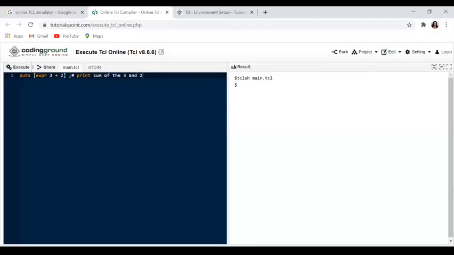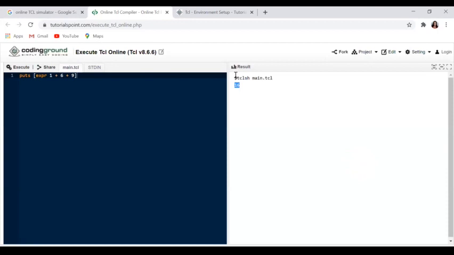Now let's do the next one. One more expression we will write. This is very simple. You can see puts expression 1 plus 6 plus 9. The answer has to come on this side. Let's see how much the answer is. Can you see here? We got the result as 16. In this way, you can do subtraction also, multiplication also, division also.